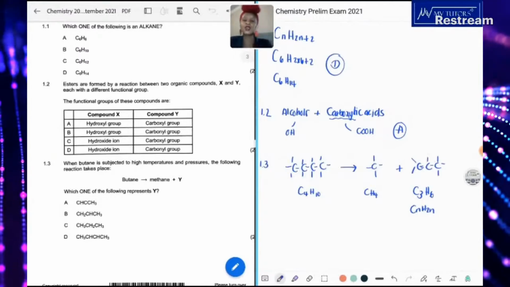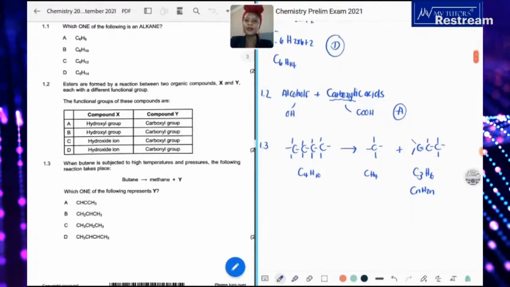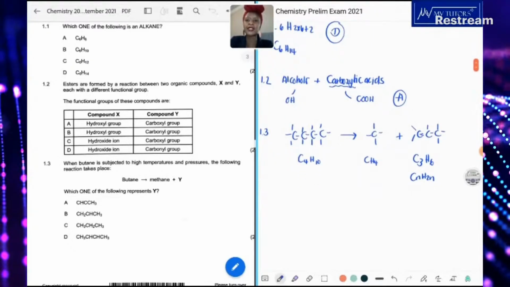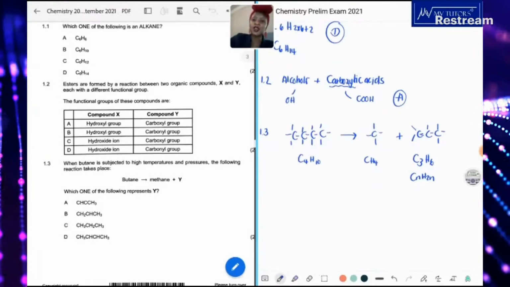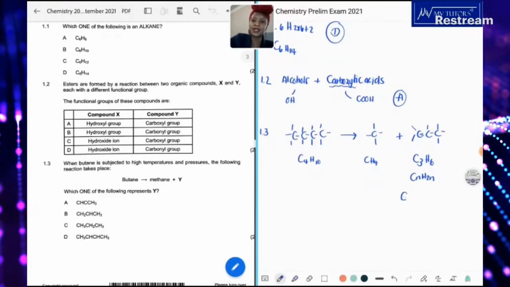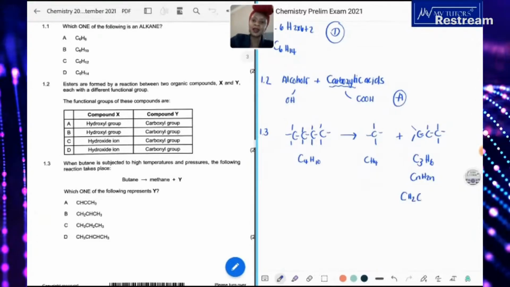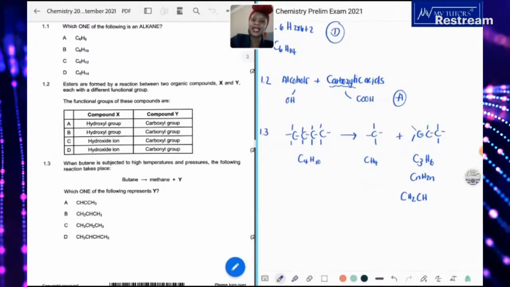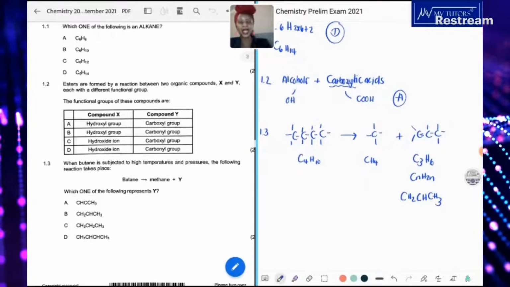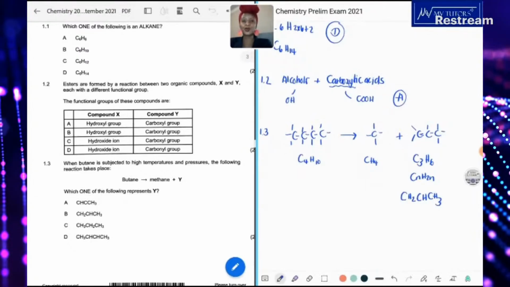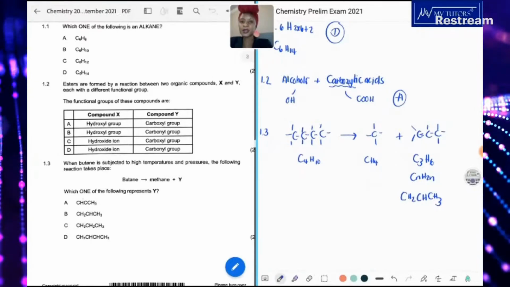Okay, so now what do we say about it? On the first carbon, if you're going to write out the condensed structural formula, which is what they actually gave us, your first carbon has 2 hydrogens. Your second carbon has 1 hydrogen, and your third carbon has 3 hydrogens. So we're going to look for a condensed structural formula that is representative of what we have. So the first carbon,